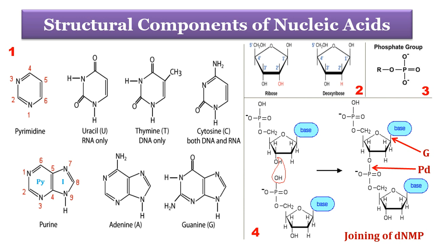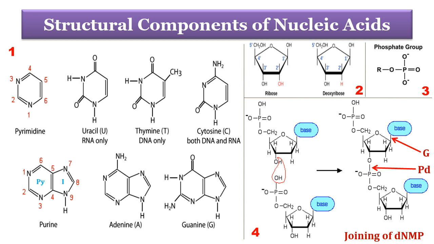The second image is the 5-carbon-membered ring ribose sugar. You can see on the slide how these ring atoms are numbered for their positions. Note that carbon atoms of sugar are numbered with a prime just to distinguish between the carbon atoms of the nitrogenous base and the carbon atoms of the sugar. The carbon number 2 of the sugar ring has different attachments in DNA and RNA.